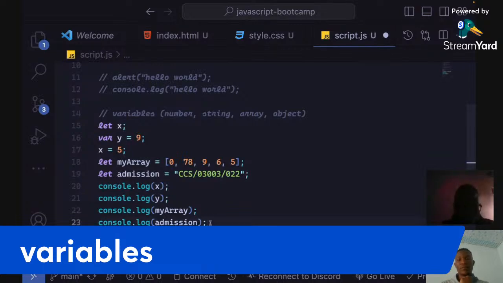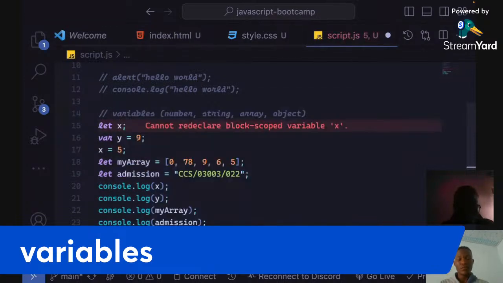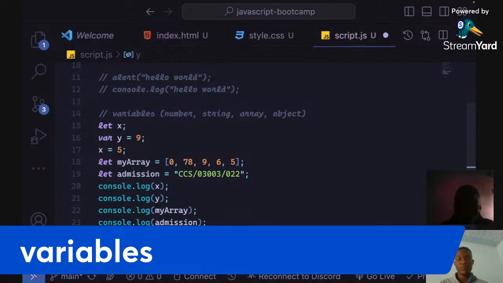Let me just try to demonstrate that. So I can say var y maybe is equal to 78. As you can see, there was a variable y here. I just tried to redeclare it here, but